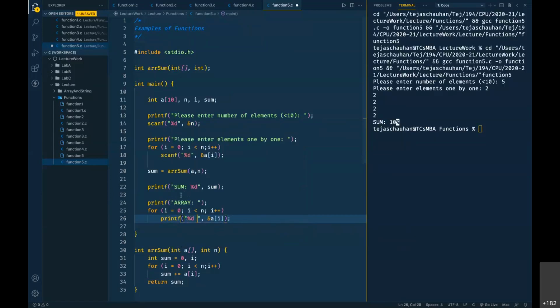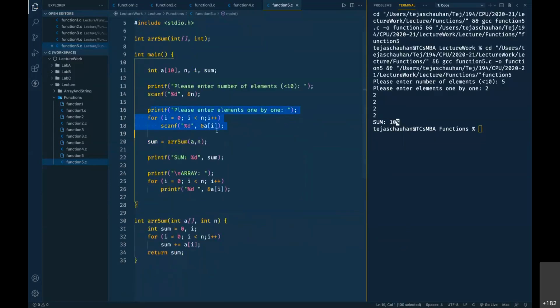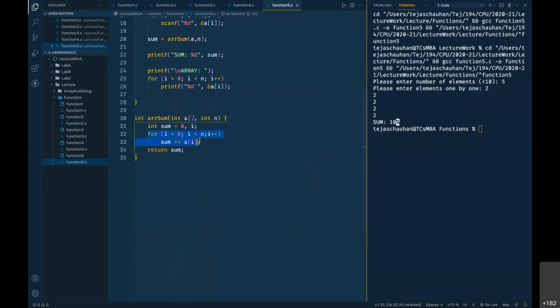So in one line I will print the whole array, fine? So what I want to do here is, within main I have taken that array, then I made a function call. So inside the function we are calculating a sum.